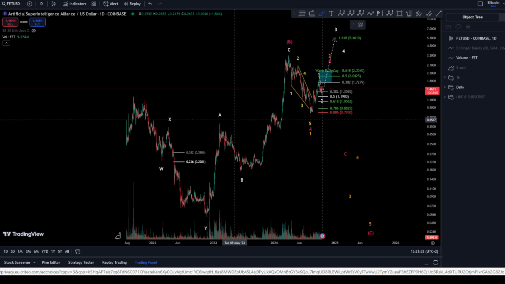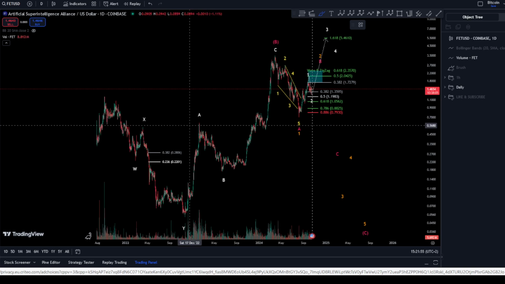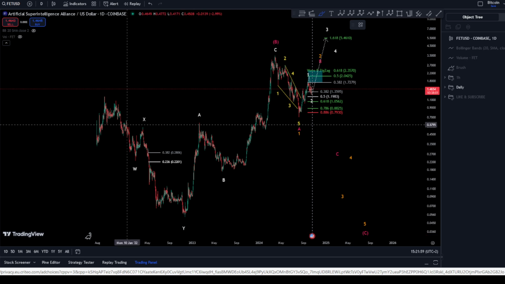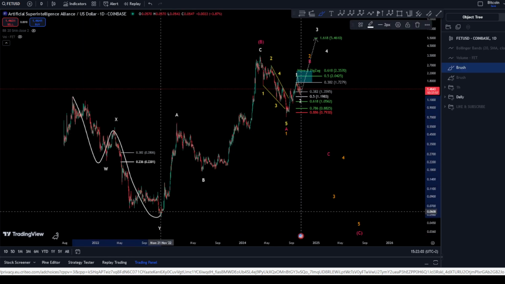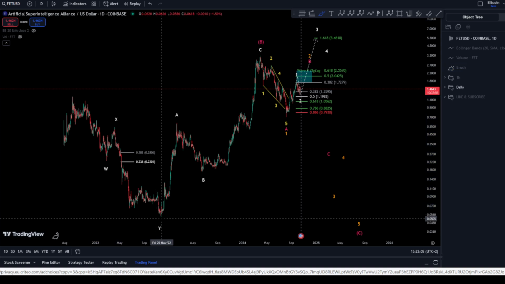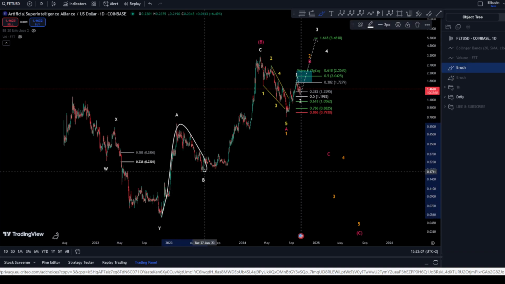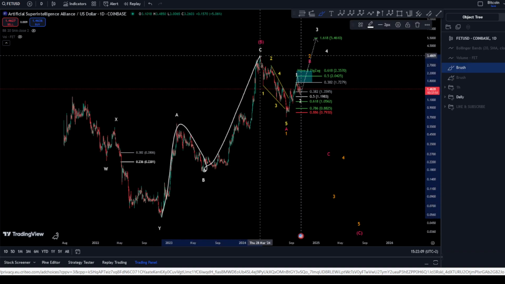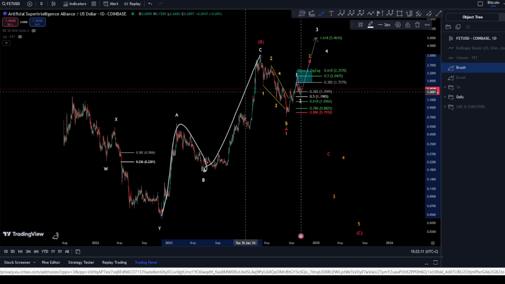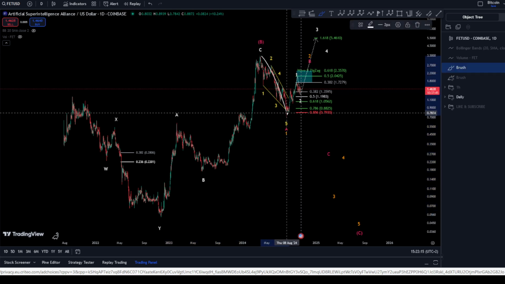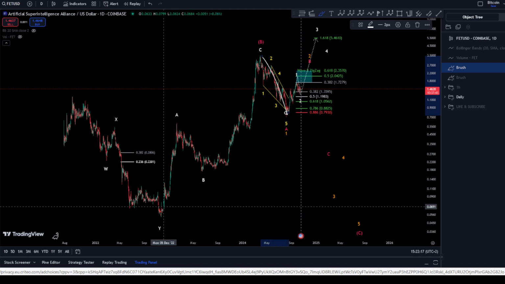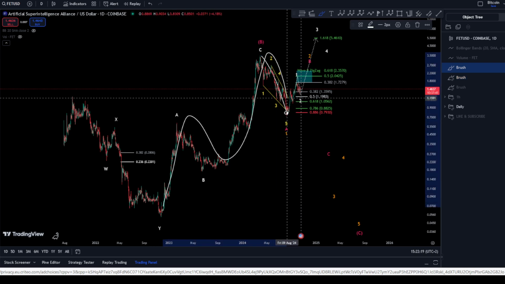So starting with the daily chart for FET, we can see clearly here that we already have finished 3 waves towards the downside, where we can see a W, X and a Y. After this, we have seen again another 3 waves toward the upside with a B and a C. Invalidating after this an impulse towards the downside, of course, where we were expecting a 1, 2, 3 and possibly